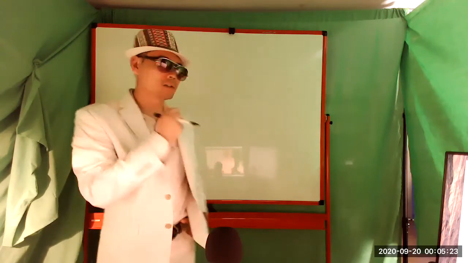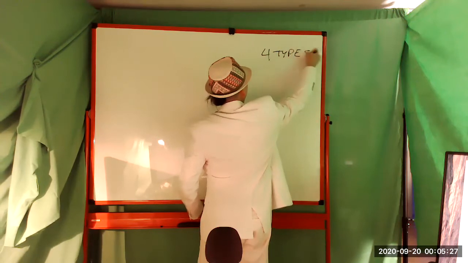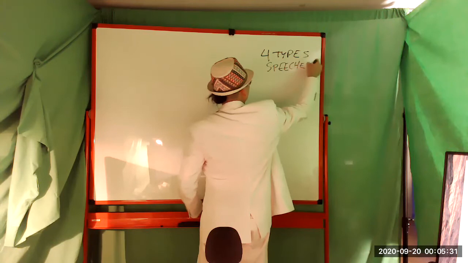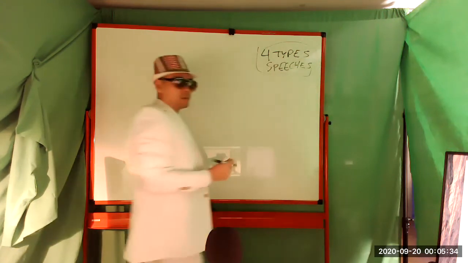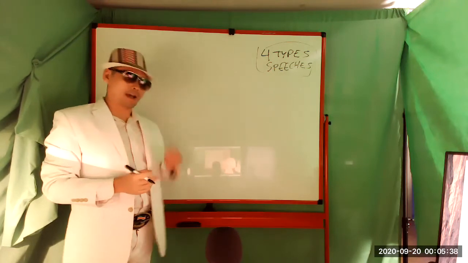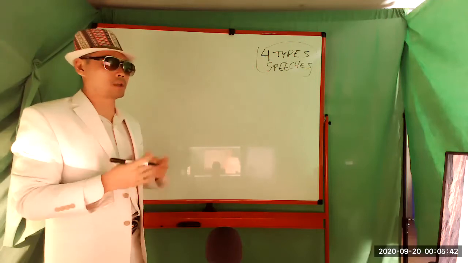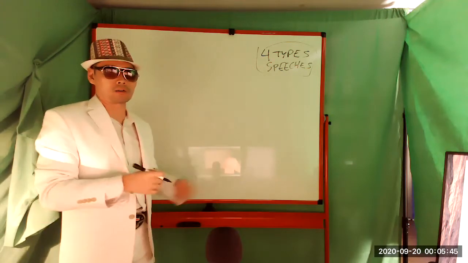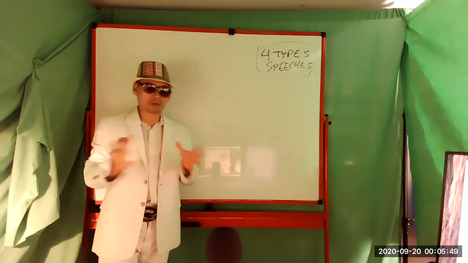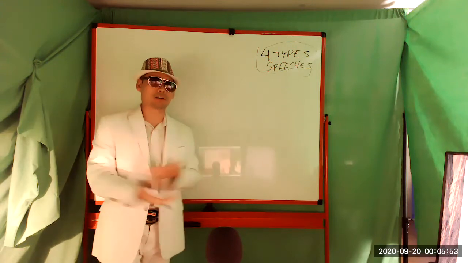Okay, so that covers here the 4 types of speeches. That's one of the content material that I've been giving you. The next part that I want to talk about has to do with the channels. Remember I mentioned all the different channels that we can talk through, right? You can draw, you can write, you can take pictures, you can make videos, right? Those are all channels. But think about all the channels that have now disintegrated, decayed.